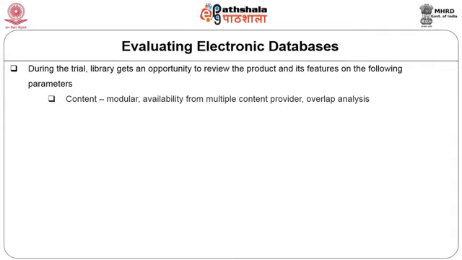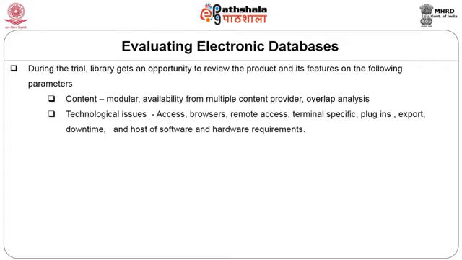For instance, if you are evaluating Business Source Complete or ProQuest ABI/INFORM, both of them have quite similar content, but there could be some titles that are unique to the individual content provider. For instance, EBSCO gives you access to Harvard Business Review, ProQuest gives access to Sloan Management Review, but about 70% of the content is common to both databases. In such instances, the library has to choose which of the unique content is relevant for its curriculum and the research needs of the community. Secondly, the technological issues.